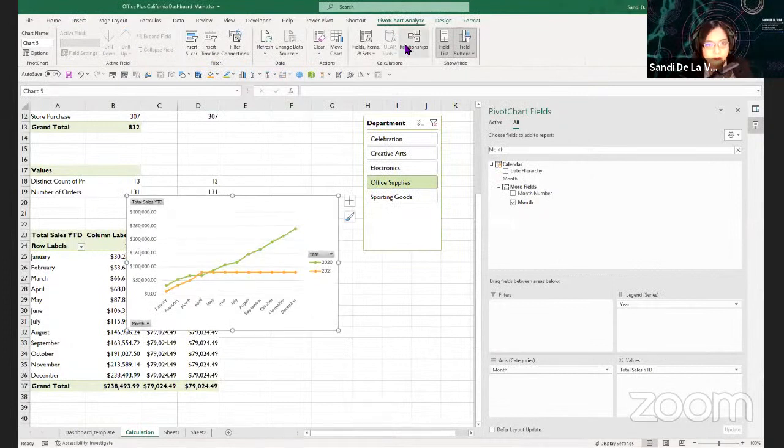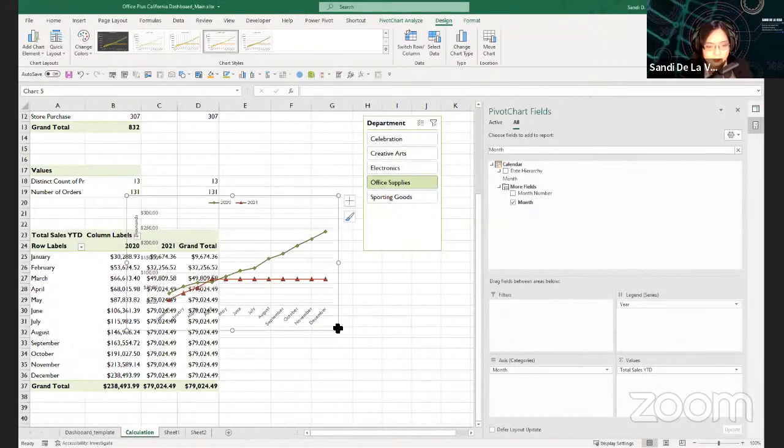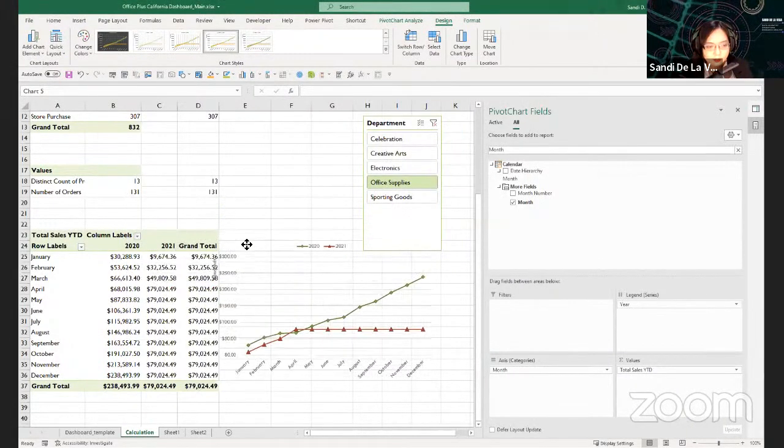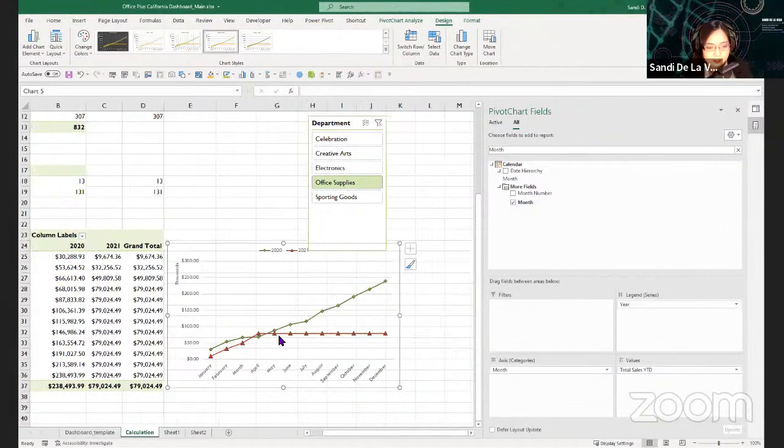And then if you downloaded the template, we can change the design using the templates and the green and red line chart. So it will now load our recommended design for this dashboard. You can see our basic calculation of the total sales year to date has a flat line since our calendar table has dates for May to December 31, 2021. If you want a more visually appealing dashboard, you want to stop that line at April since we don't have data points in May. You can go back to the Power Pivot window.